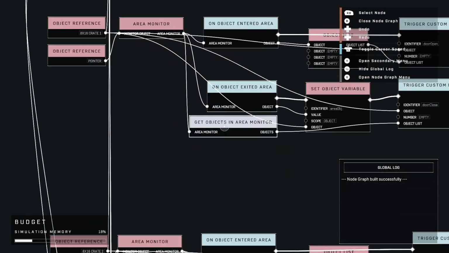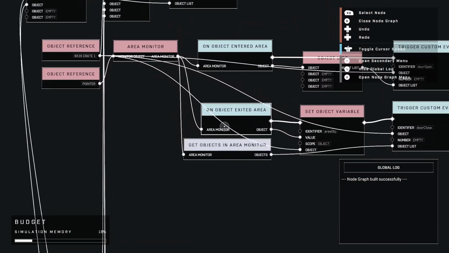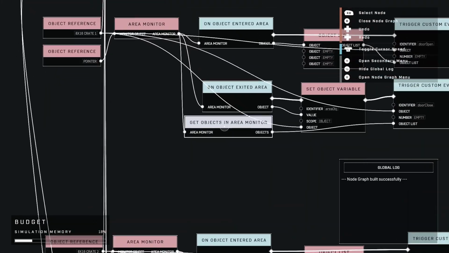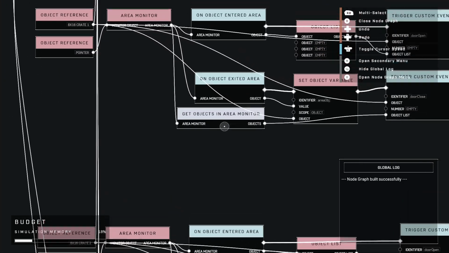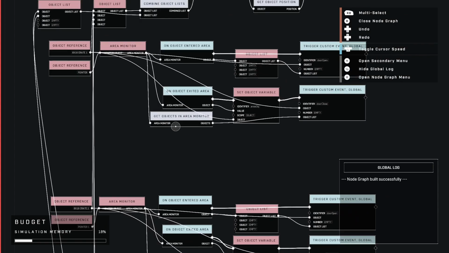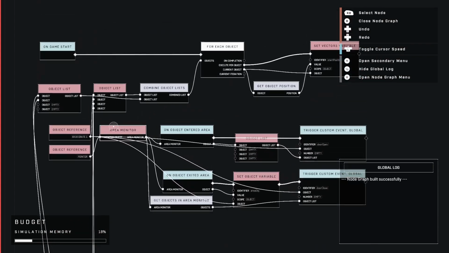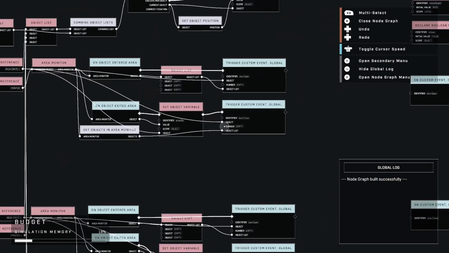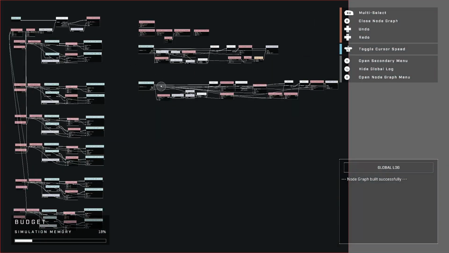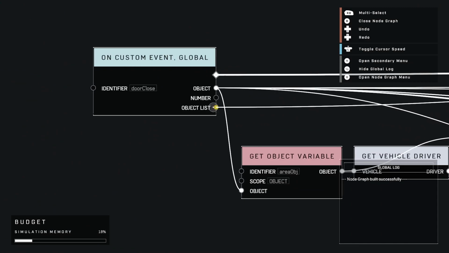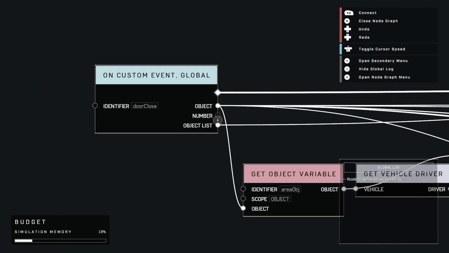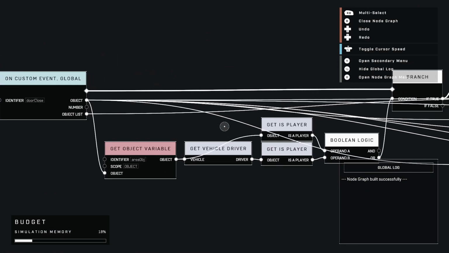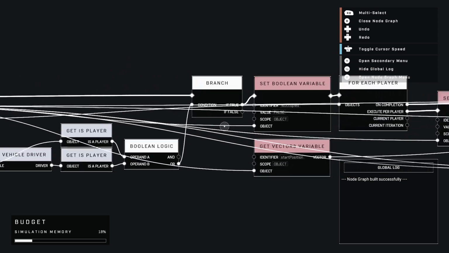If something's leaving it, it'll trigger this event. And then I also have this node, which at different points in time will actually just check whatever's inside that monitor. So if you look, this is in the door close event. I'm passing the list of things in the monitor into this object list right here, and it comes all the way over here,